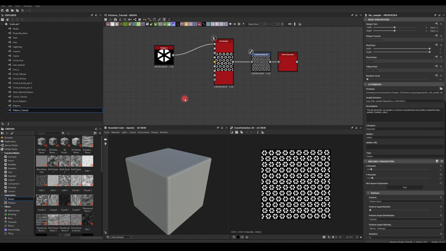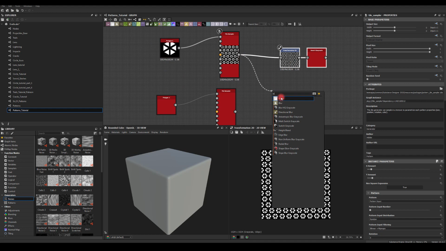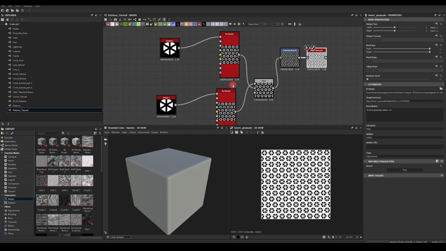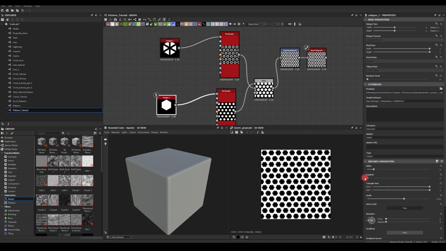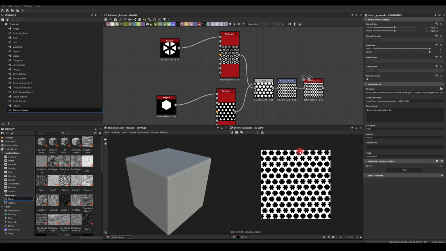What you could do also is just copy and paste this one here, blend it, but instead of subtracting you can do add, and go back to this one and reduce the explode of it. And play with the scale now. So you can get additional details if you want, like in here for example. I think that might look cool as a little bit different variant from the hexagonal simple pattern. Okay,